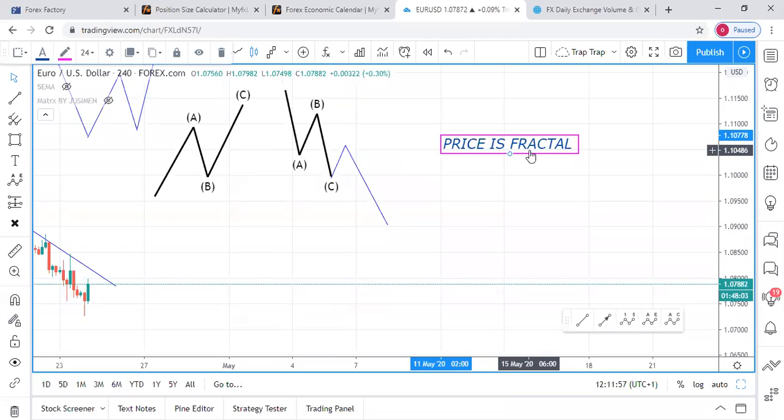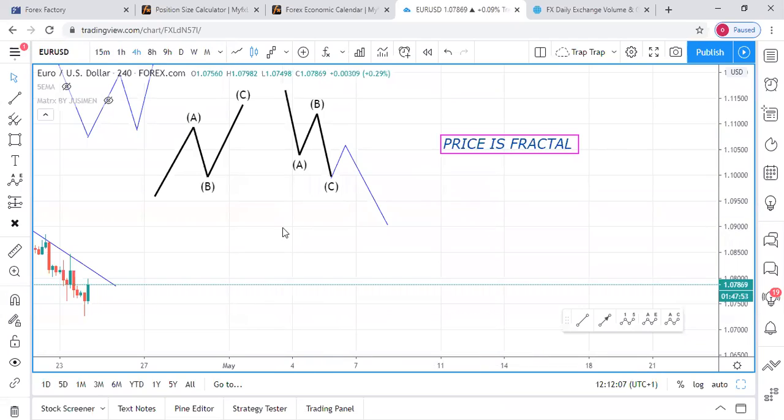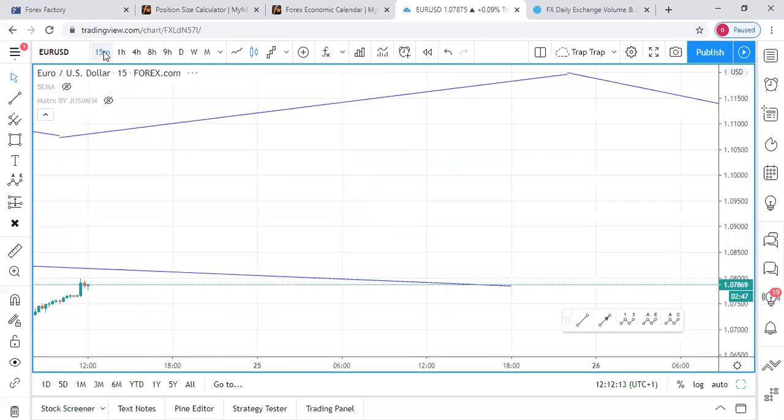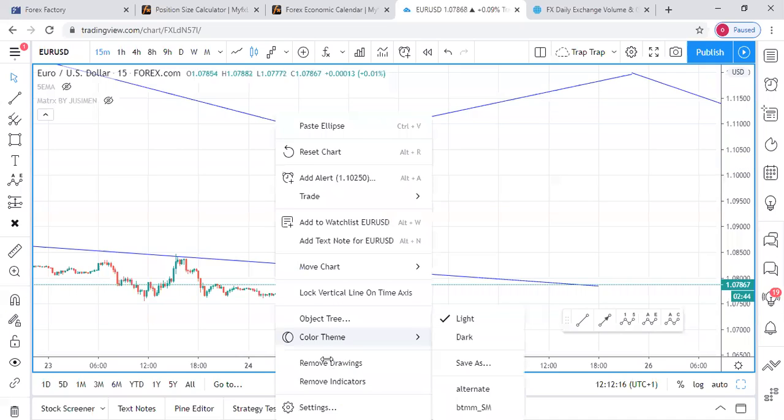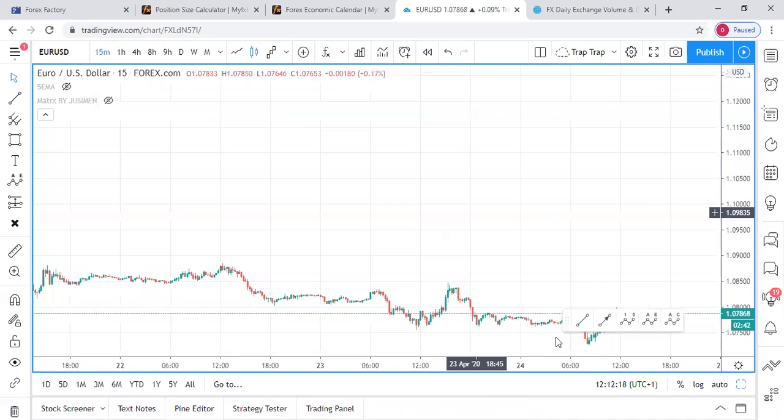What it means is that whatever price is doing in 1 month, it will do on daily, on weekly, on 1 hour, on 1 minute. So now, if we move what we have now, let me remove all the drawings, and go down to 15 minutes,